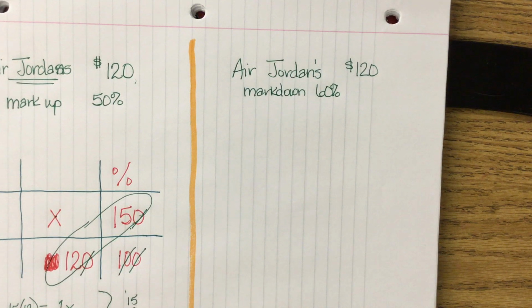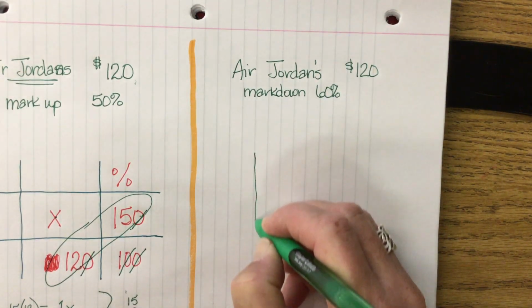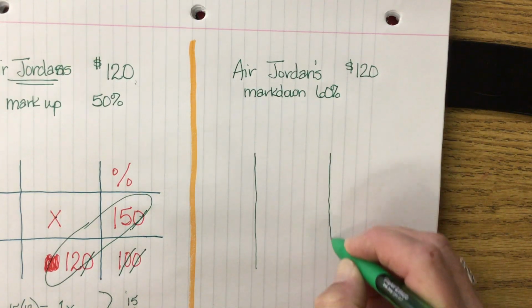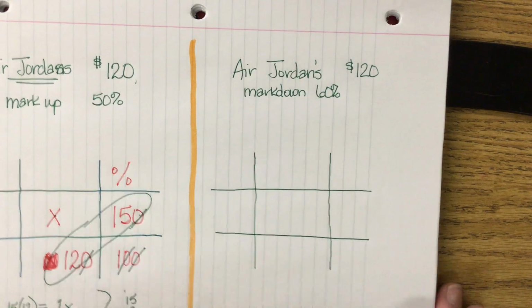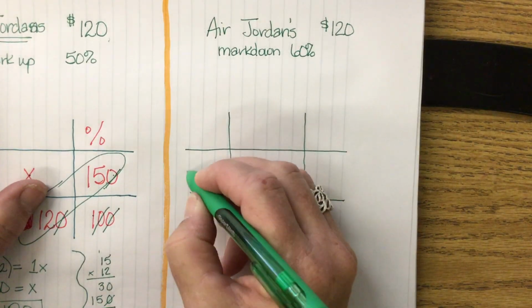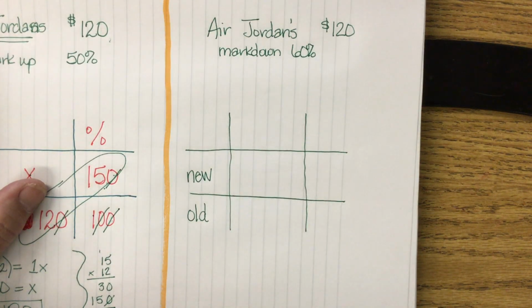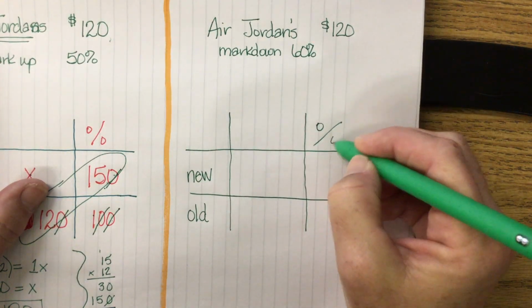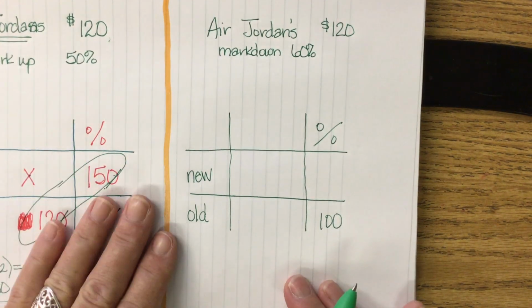Okay? All right, so let's do our tic-tac-toe. I wish I had a stamp, a tic-tac-toe stamp. They're probably out there too. All right, I always have my new price and my old price. Okay? When you're working with percents, it's always 100. Okay? Now remember,